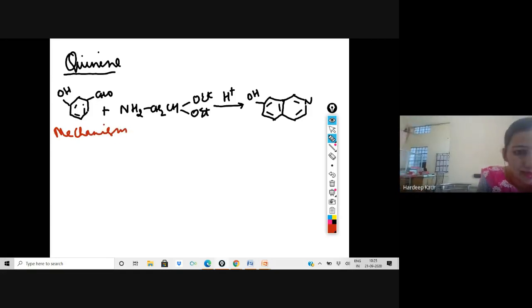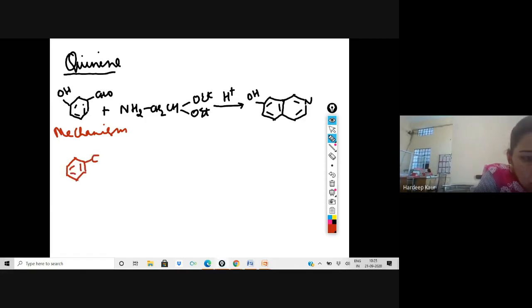The first step is attack on the carbonyl carbon of aldehyde. So this is your aldehyde, NH2, CH2, CH, O ethyl, O ethyl. So this group NH2 attacks over here,